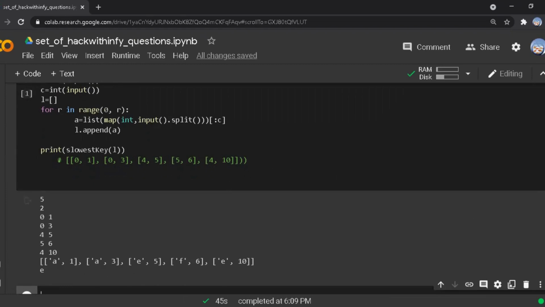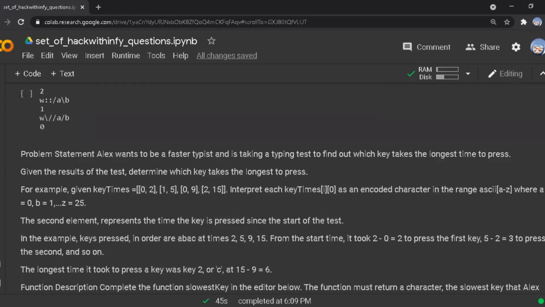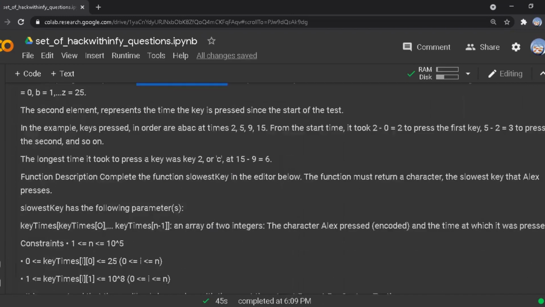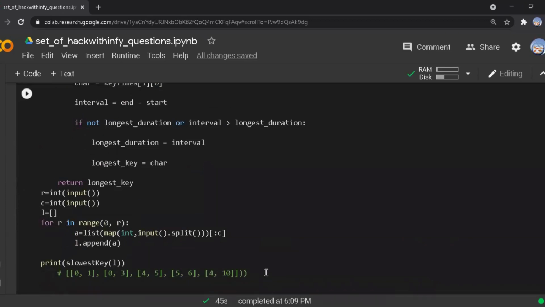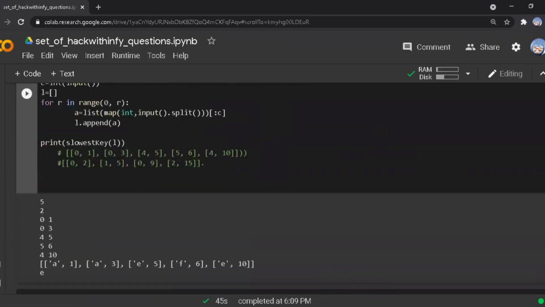It works perfectly. I will give this input to my value. So I'm just copying it for a comment. Here there are 4 rows and 2 columns.